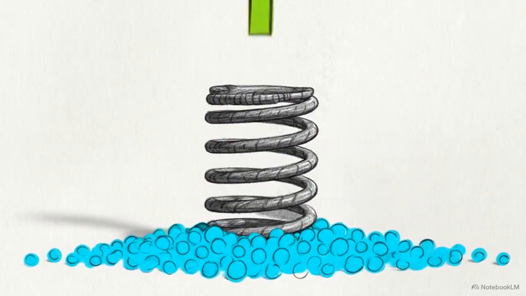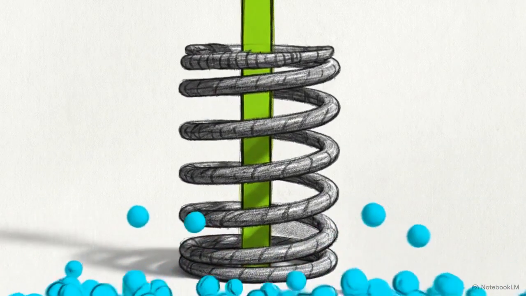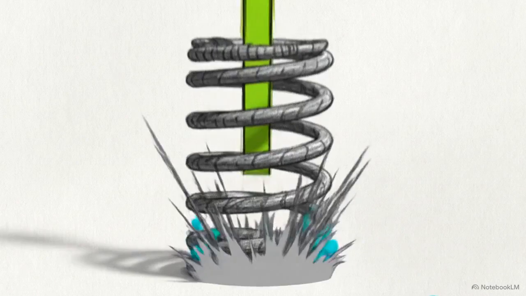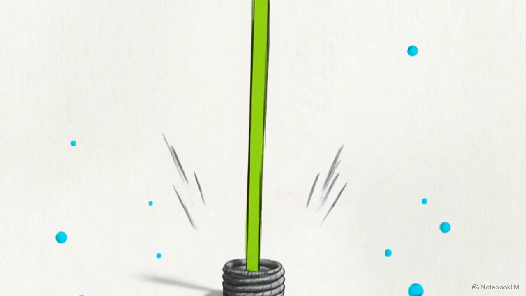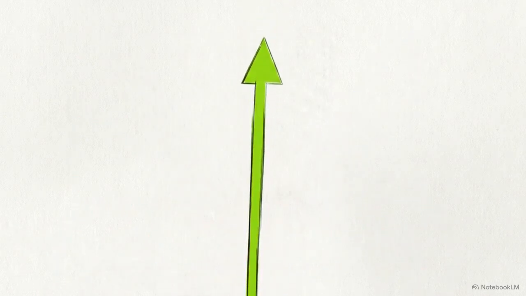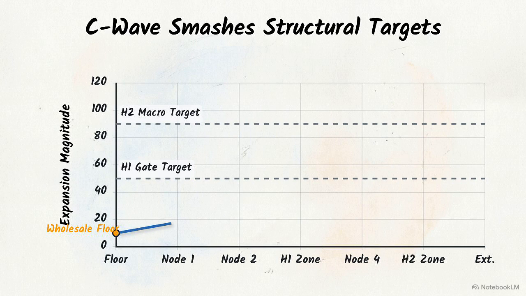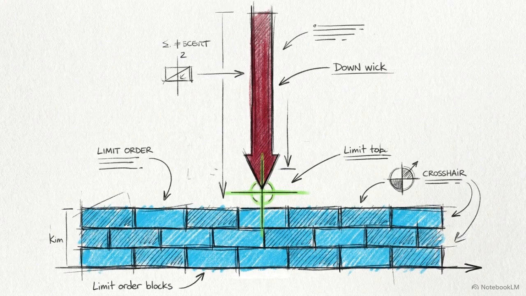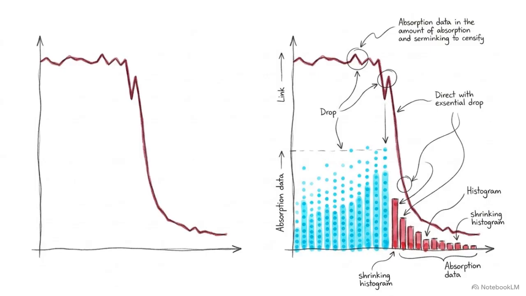Following entry, the objective is the true C-wave expansion. With liquidity extracted, the market begins a high-velocity rotation out of the accumulation zone. The C-wave targets routine structural highs and the upper H1 and H2 gates as the new trend expansion takes hold. This model positions the trader at the wholesale floor of the cycle, based on the verified exhaustion of the liquidation sweep. Integrating B-Wave telemetry enables participants to monitor the institutional refuel cycle and execute based on limit order absorption rather than price action alone.